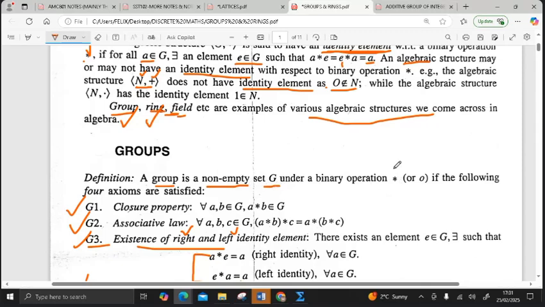So it's important that you know that. Now let's go to our definition. At least you know what that is. Now, a group has to be a non-empty set